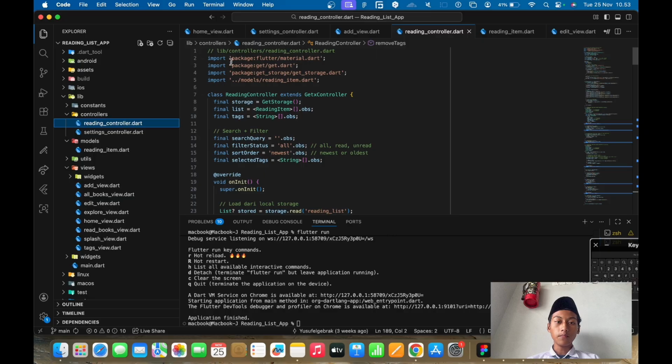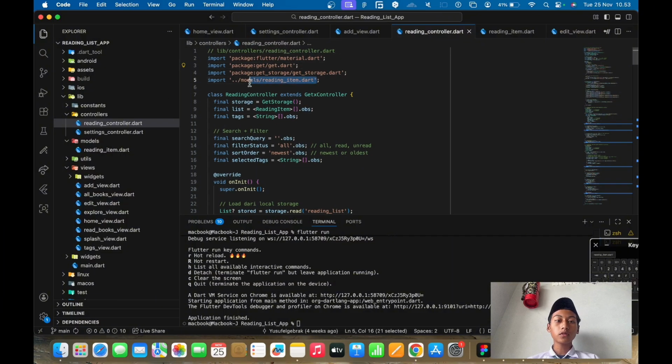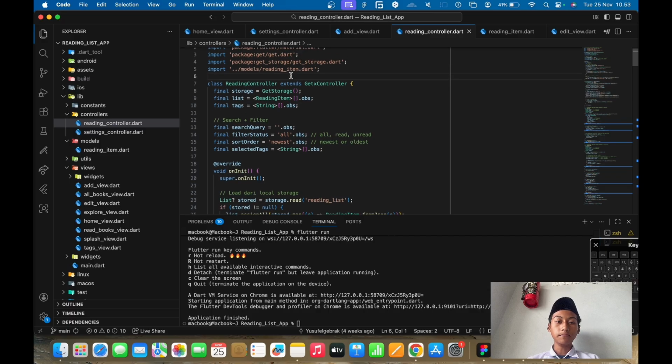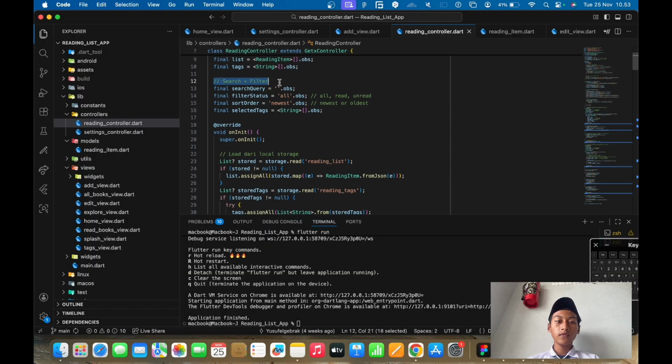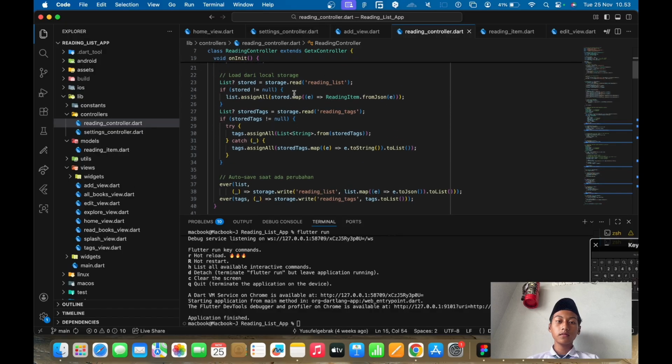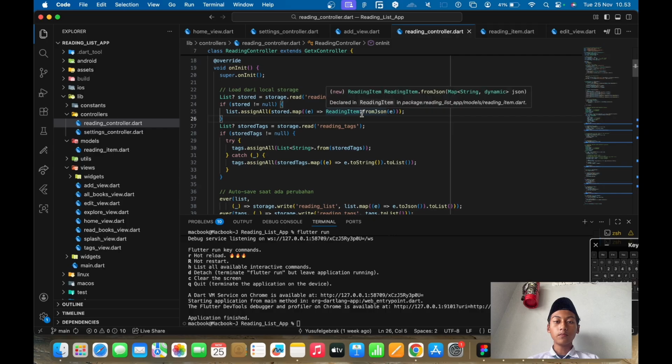So this is imported from Flutter material .dart for icons, and then reading item .dart to show the item, and then this is a filter of search, so you can filter all news or oldest news, and then you can load from local storage, so you can input the image of the item in your